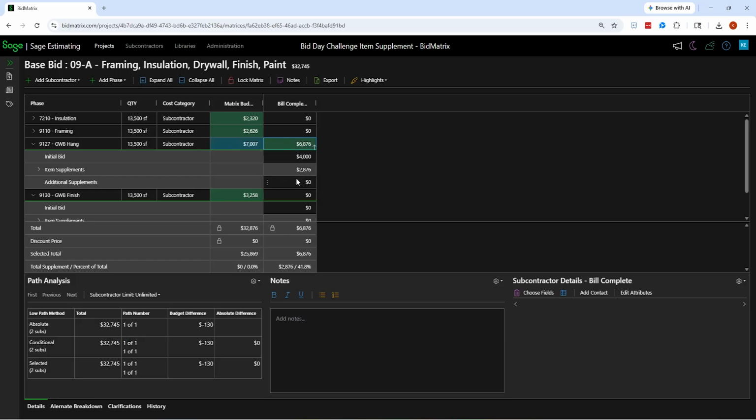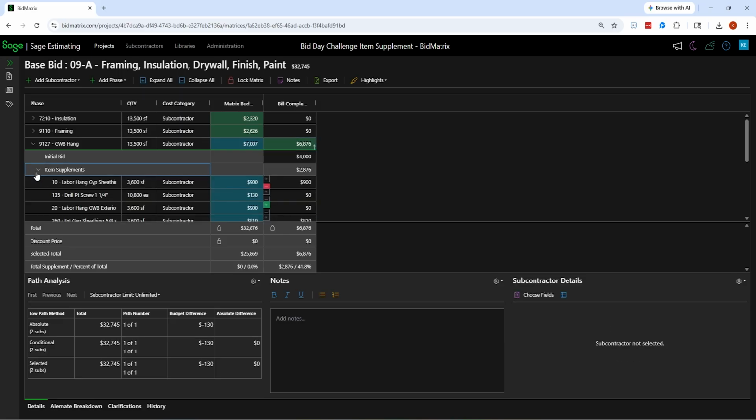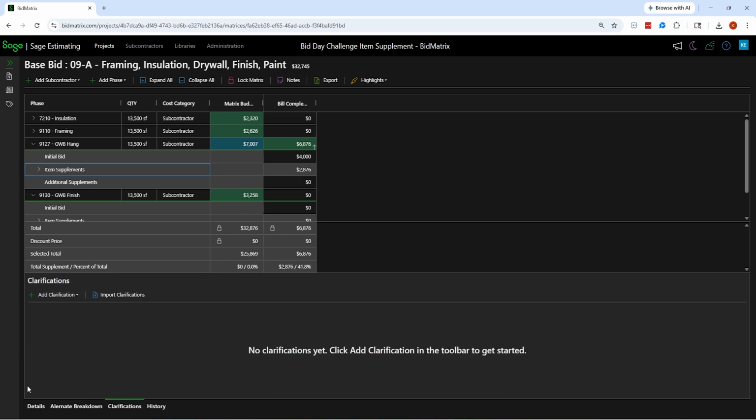Now, as I'm looking at this number, this is also where I can do clarifiers. So this is what I had in my detailed estimate, but when getting bids in from people, maybe I've got some sort of clarification page: do they have this? Do they include this? And things of that nature. So you can actually create a clarification page also. Now, this could be imported. If I have some master one in a text file or a Word document or something of that nature, I could bring it in. I'm just going to include a few of them here.